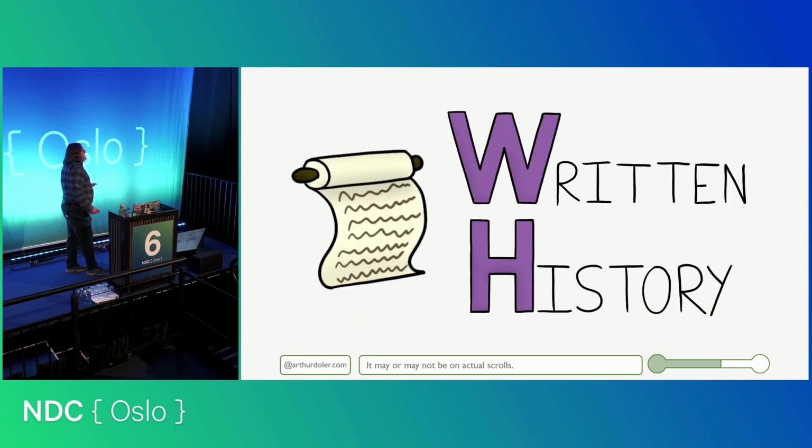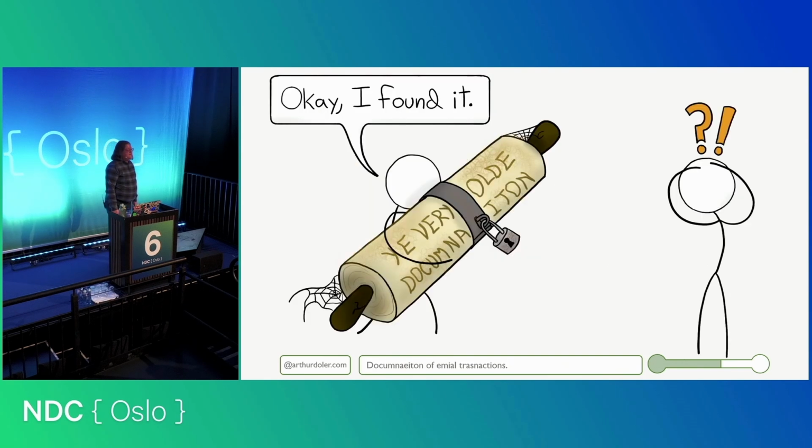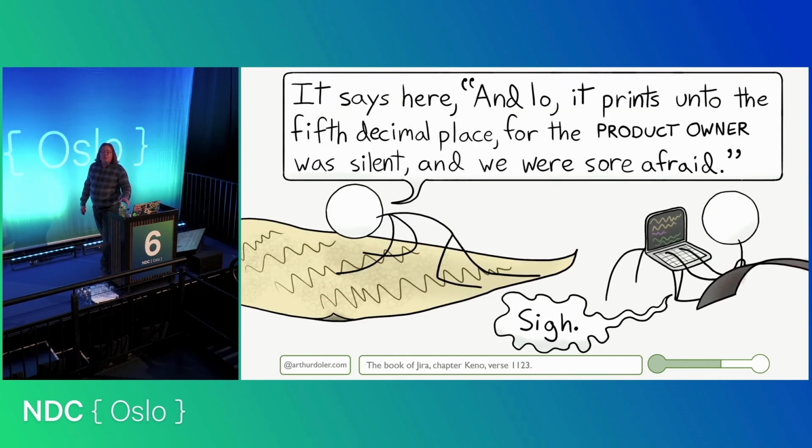Written history is pretty simple. This is documentation, all right? If you have it, congratulations. Step on the light. If you have documentation and it is correct and up to date, I'm sorry to be the one to tell you this, but you're living in a simulation and somebody's experimenting on your brain. But even if it's incorrect, which is most of the time, documentation can still be super valuable because it tells you a lot about why the code is the way it is, what they were intending as they went through this process, what the purpose of that piece of code is, or what the feature's purpose is, maybe even a little bit of how it got that way.